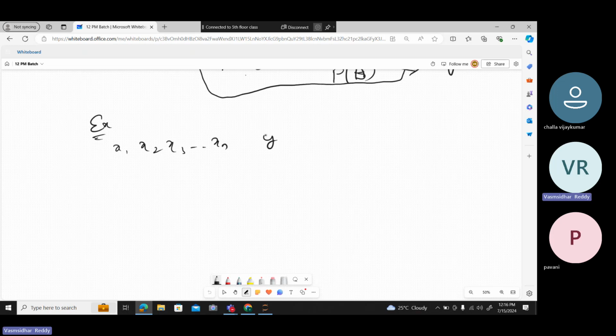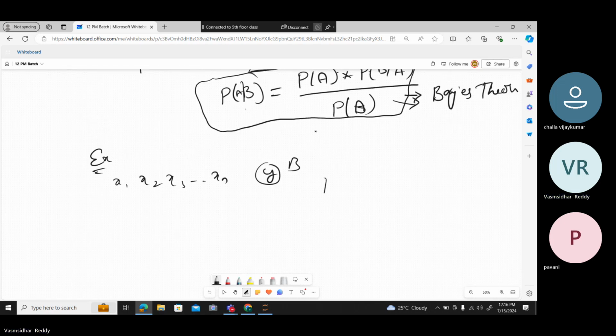Have an output of y. Consider it as A and B, or consider it as B or A, your wish, as completely independent. Apply the formula: P of y given x1, x2, x3 and so on up to xn